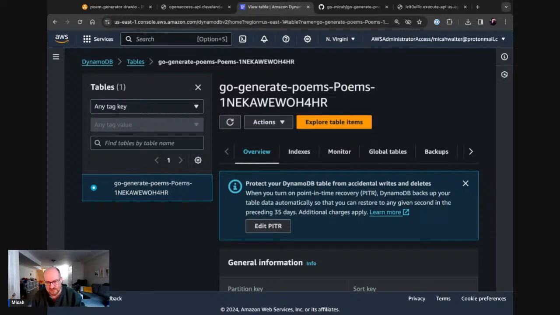Each record in a DynamoDB table is called an item. Then each item will have attributes, and attributes are kind of like the columns in a database. Attributes define the different aspects of a particular item. And lastly, there's indexes, and indexes are what allow you to look things up in DynamoDB.